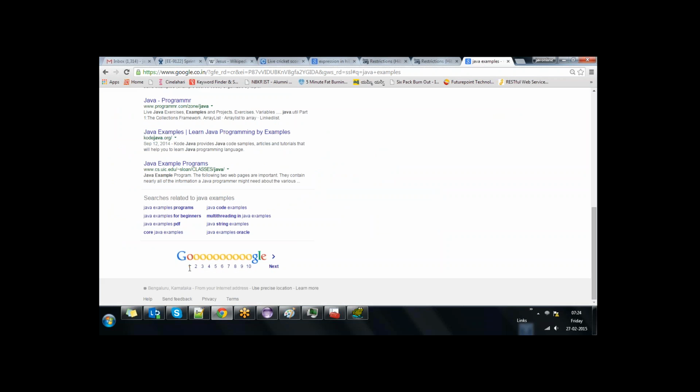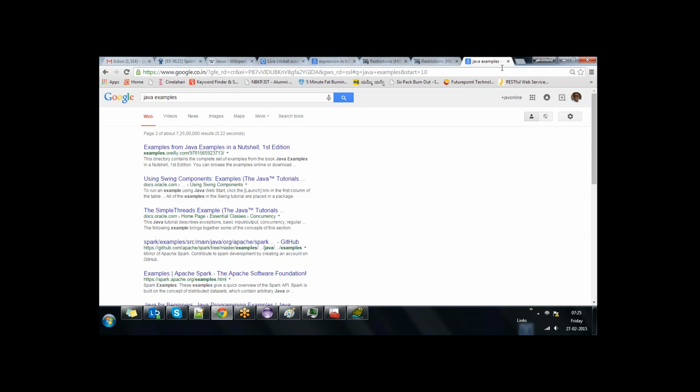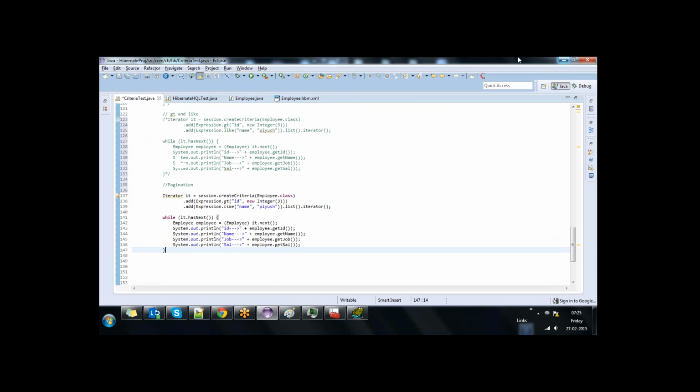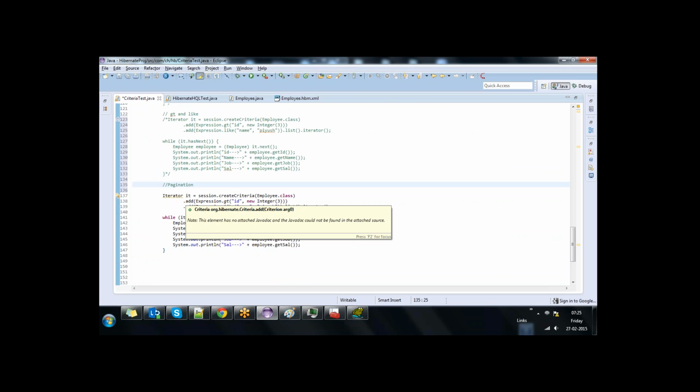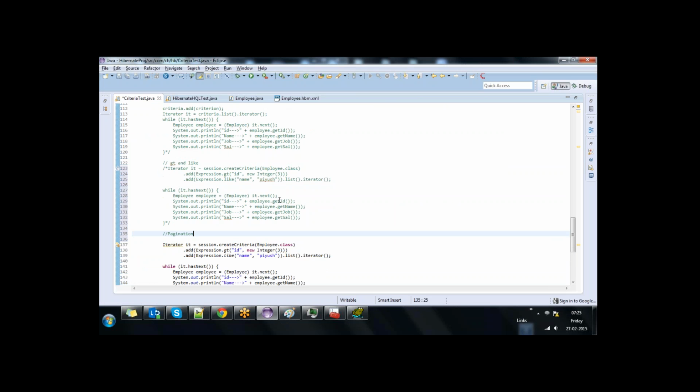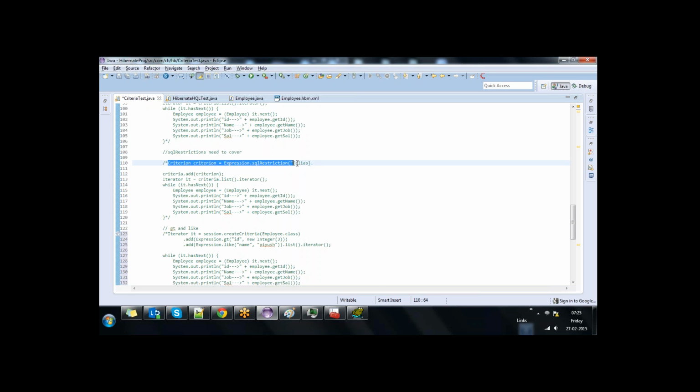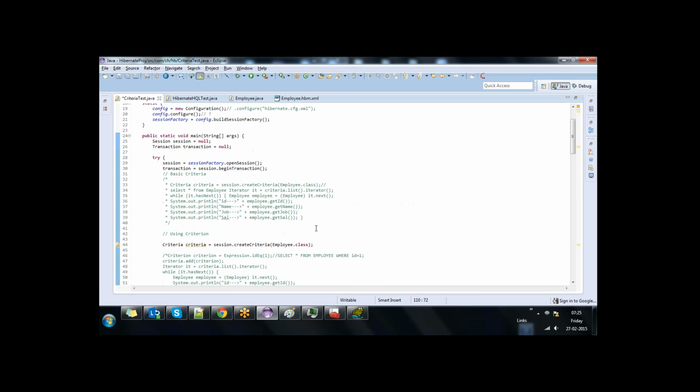This is called the pagination concept. If you see 1, 2, 3, 4, 5, 6 is there, right? This is also called a pagination example. So, please write down, if there are 10 records in the database,